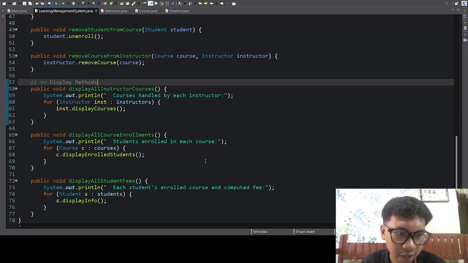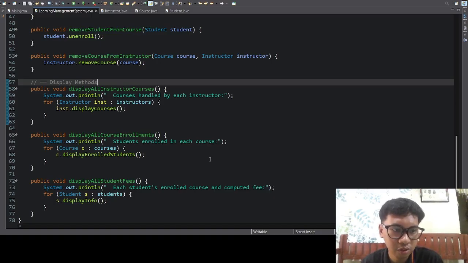Next, we have another method called public void displayAllCourseEnrollments. In this method, it displays all students enrolled in each course. It prints "Students enrolled in each course" by using System.out.println.